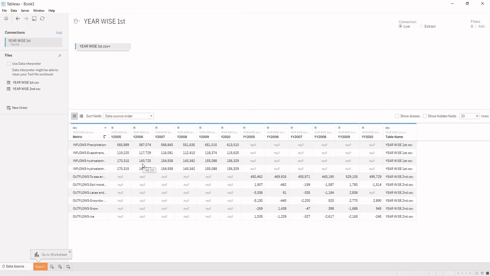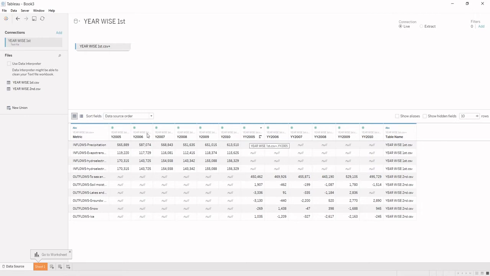So now we'll be starting with the data cleaning steps. As in this data, once after connecting, all the data is gathered together, but you can still see that in the first file, that is your year-wise first file, the inflows data has 6 columns, that is Y 2005, Y 2006, 2007, 8, 9 and 10. Whereas in my other file, the columns are double Y 2005, 2006, 2007, 8, 9 and 10 respectively. So in one file the column name is Y 2005 and in the other file the column name is double Y 2005.